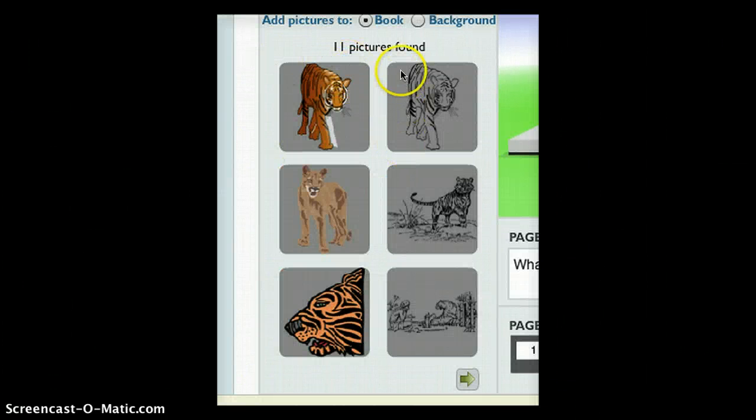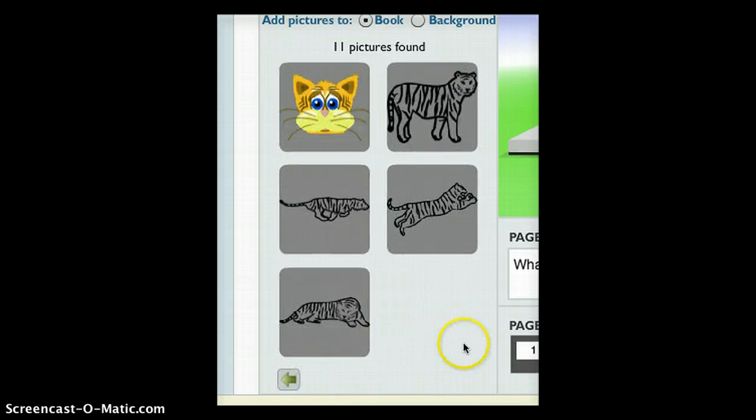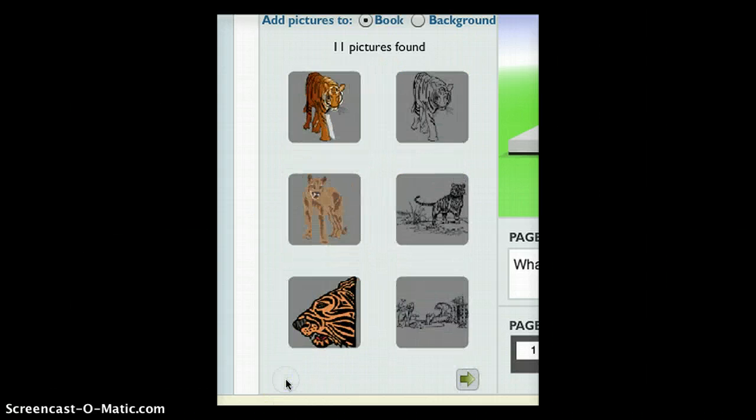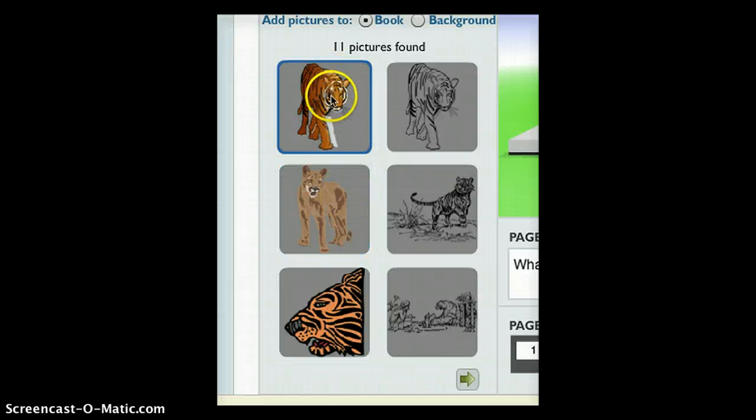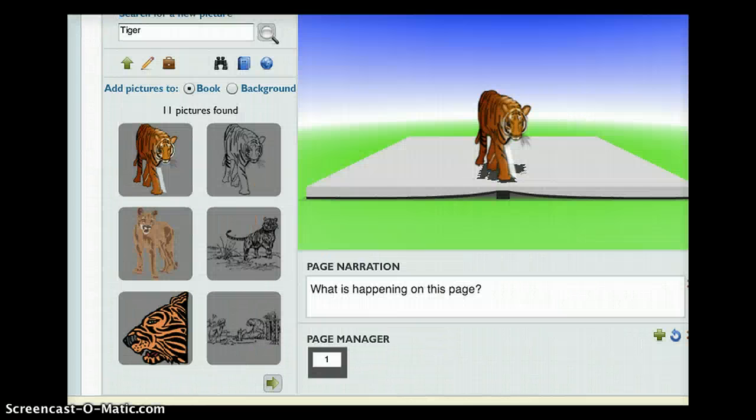After I hit enter, there should be pictures that show up underneath the search engine, and once you have found a picture that you like, you can scroll through to different pages, and it gives you a few different options. And I like this one up at the top, so I'm going to double click on it, and when I do that, it's going to show up on my book. So here it is again,